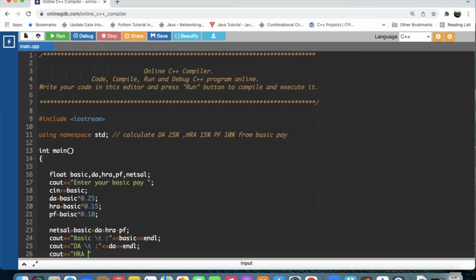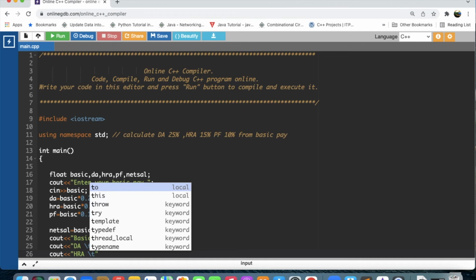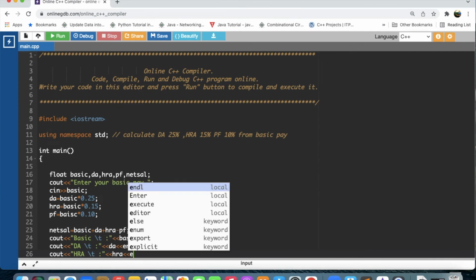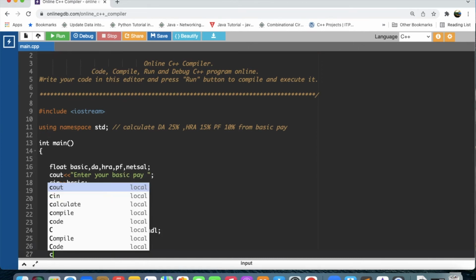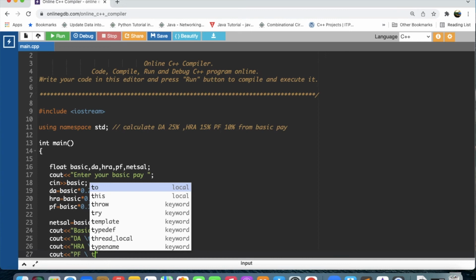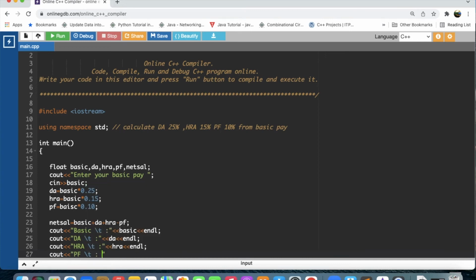Then HRA, for house rent allowance. So HRA, then cout PF, that is provident fund, backslash t for tab space, and finally we have to